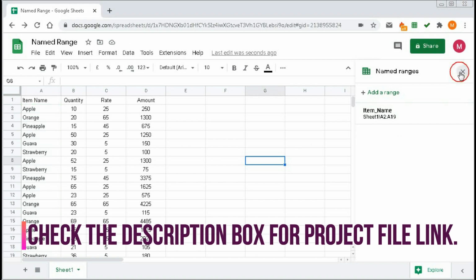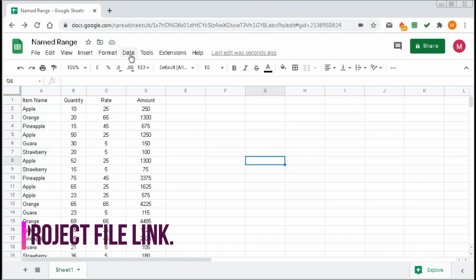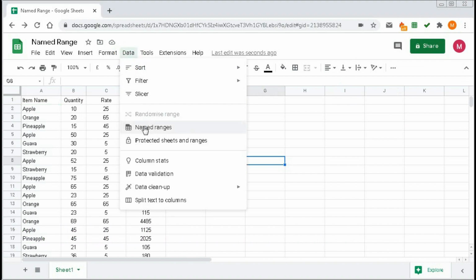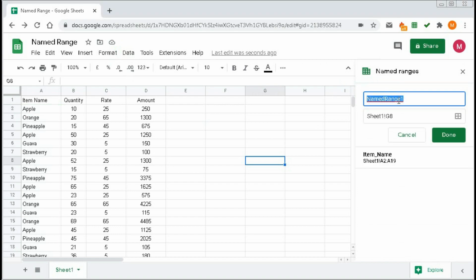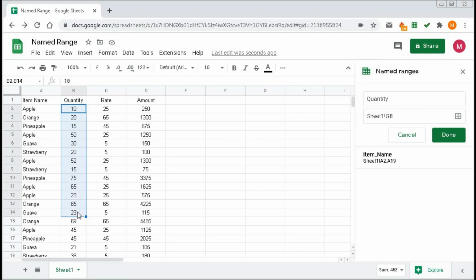And number two, go to Data, click on Named ranges, click on Add a range, and here we will create the range for quantity. So we will type here quantity, then we have to select the range. You can see while we are selecting here, the range is not changing.